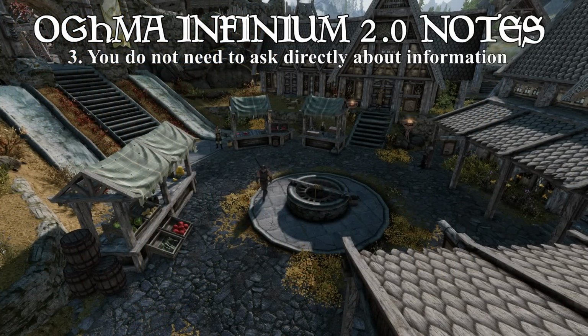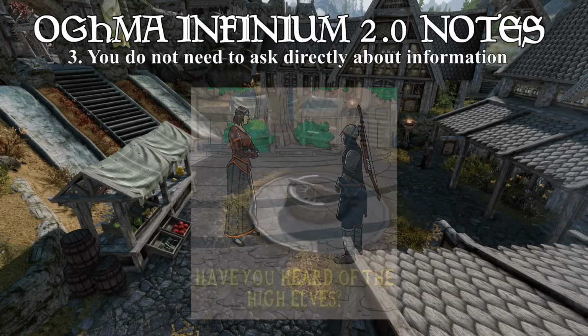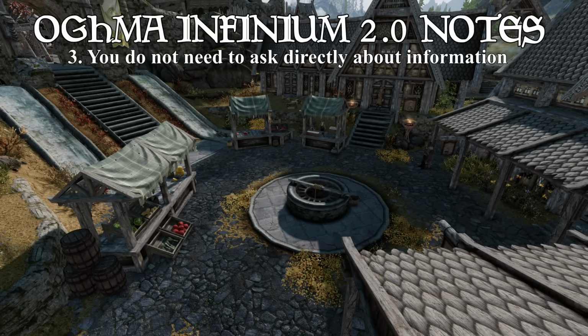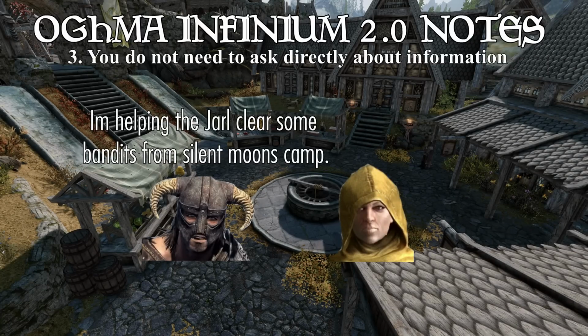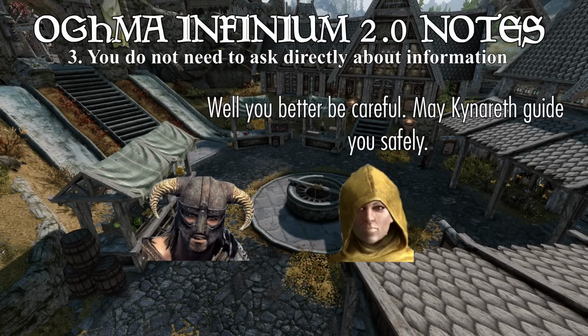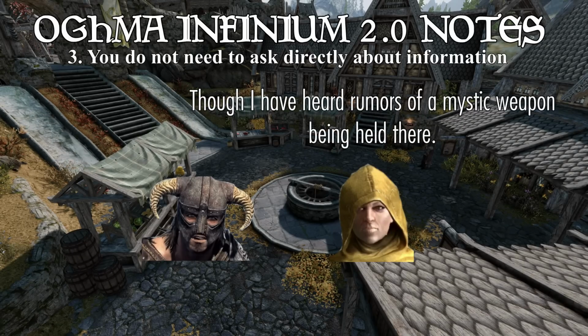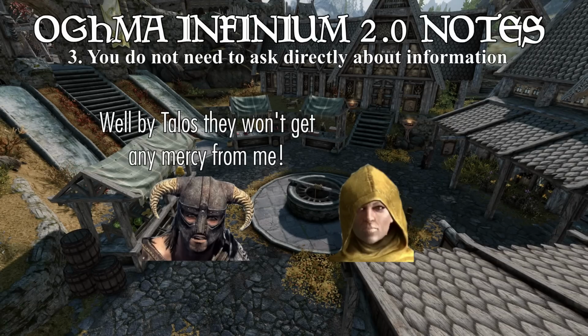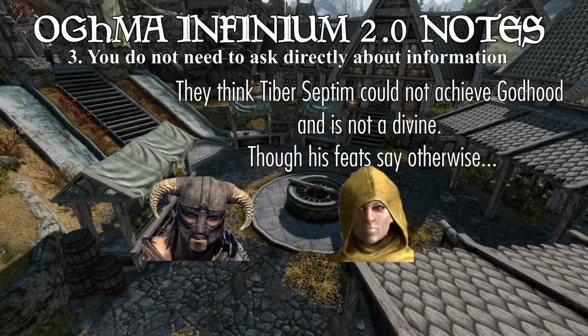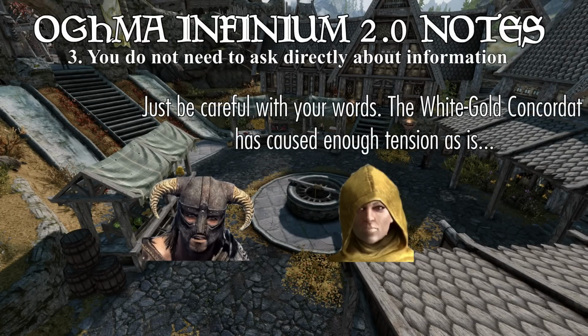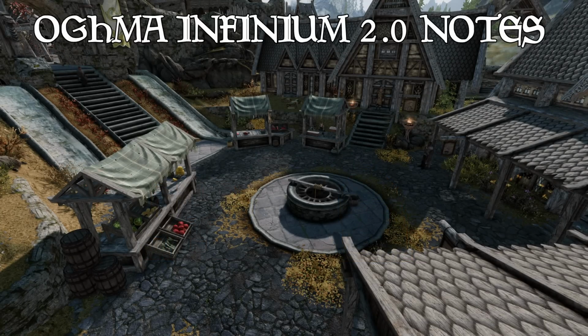My third point is we didn't intend this system for you to have to go up to the NPCs and say, "What do you know about the High Elves?" No. Ogma articles will get picked up just through regular conversation. You don't have to specifically ask the NPC what they know about said subject. The idea here is just through normal dialogue, they're going to get injected information about important keywords, topics, locations, lore, etc. So just in normal standard small talk conversation, they're throwing in 1 or 2 extra key bits of important information which will make them roleplay their characters better.